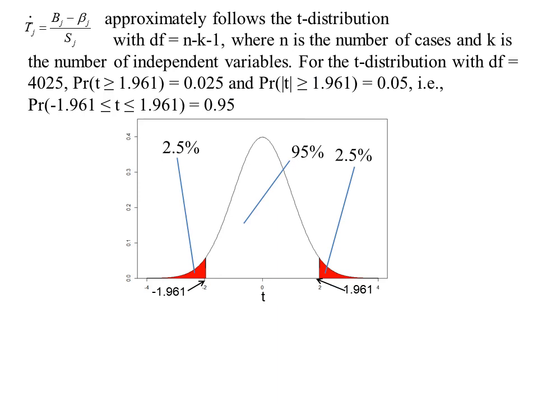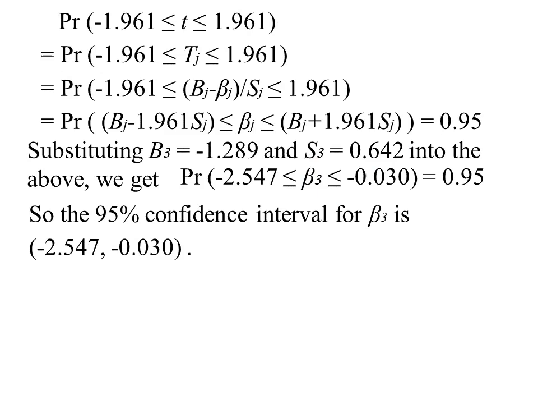This means the probability that T is greater than or equal to plus 1.961 is 2.5%, and so is the probability that T is smaller than or equal to minus 1.961. Therefore, the probability that T is between minus 1.961 and plus 1.961 is 95%. Suppose T, or lowercase t, is a quantity, the probability distribution of which follows the T distribution with a degree of freedom of 4025. Then the probability that the lowercase t falls between minus 1.961 and plus 1.961 is 95%,